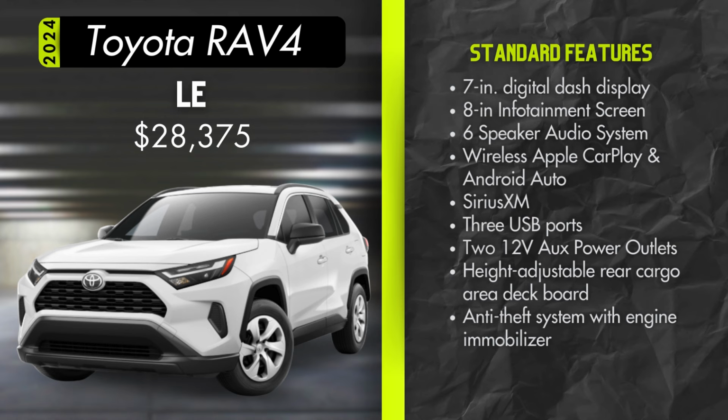6-speaker audio system, wireless Apple CarPlay and Android Auto, Sirius XM, 3 USB ports, that'll be 1 front media port and 2 charge ports in the center console, 2 12-volt auxiliary power outlets, that will be 1 in the front and 1 in the second row, a height adjustable rear cargo area deck board, and an anti-theft system with an